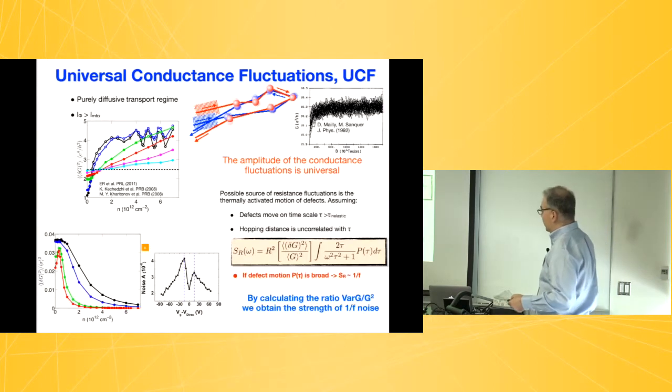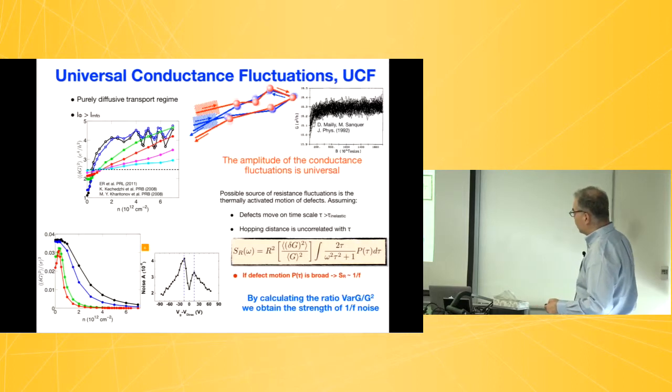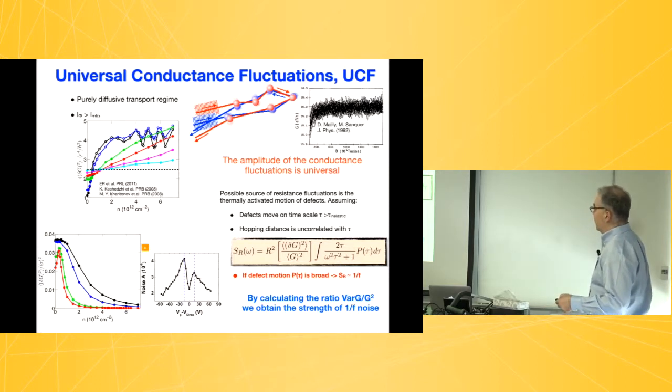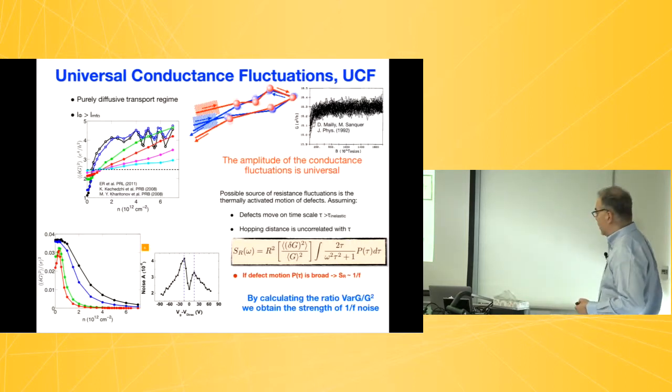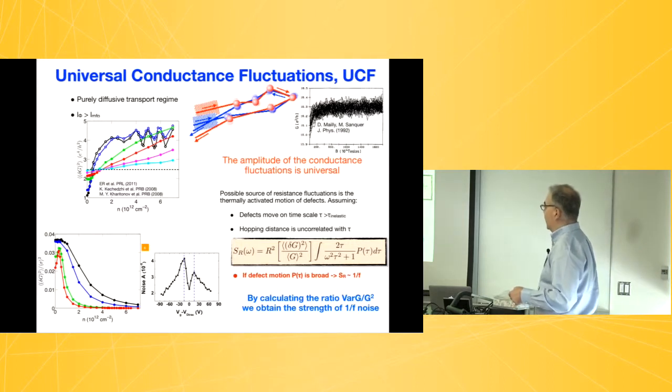Another interesting consequence of this behavior, as I mentioned in one of my first slides, is that in a two-dimensional system, the change of the position of one impurity can change the conductance by a significant amount, e squared over h. Let me say the motivation for this: people had measured the 1/f noise in graphene samples, and they see a strange non-monotonic behavior. Close to the Dirac point, the 1/f noise goes up, and then it goes down again. 1/f noise is a tricky business,